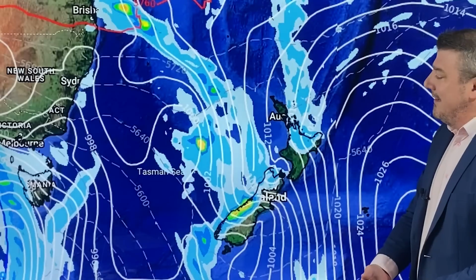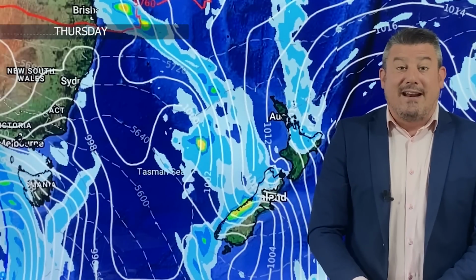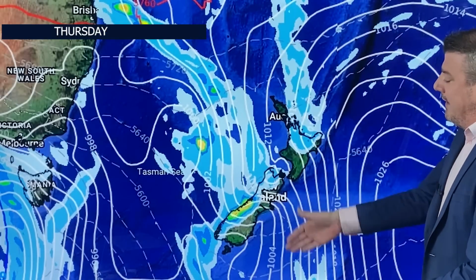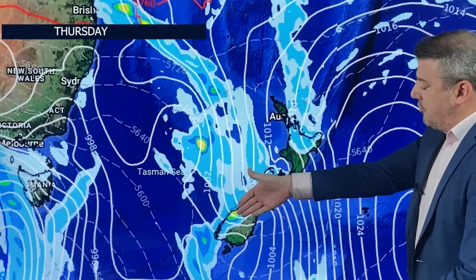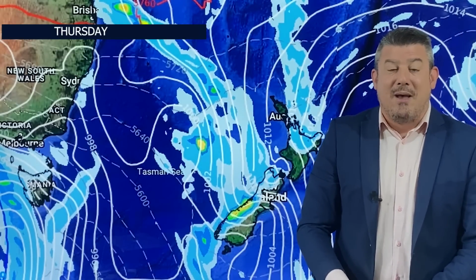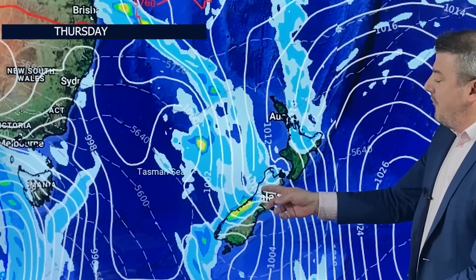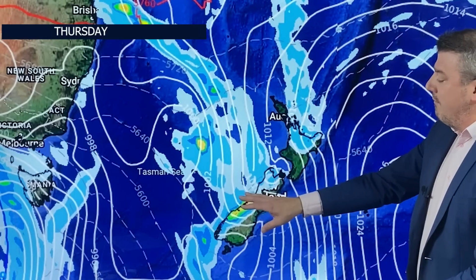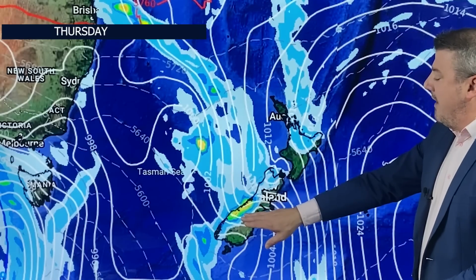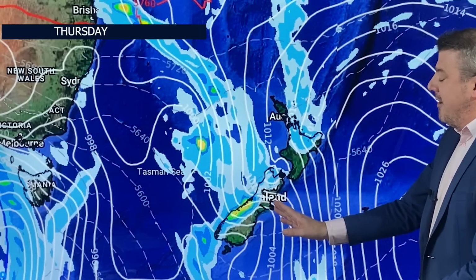So that's tonight. Let's have a look at lunchtime on Friday, or Thursday, I should say, lunchtime Thursday. And you can see that humid northerly winds still coming down and now pushing into the west coast. So the west coast has had a very dry start to this year, but this might be a bit of a change for you coming in, not only here on Thursday, but in the weather coming up in the days ahead. So you've got rain coming through here with some heavy falls,